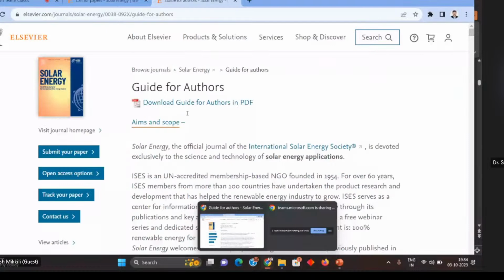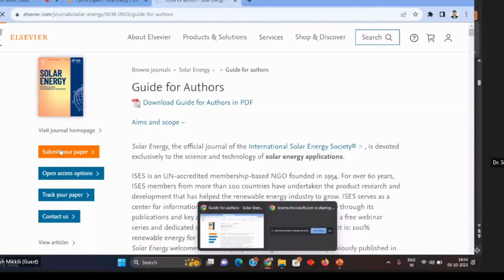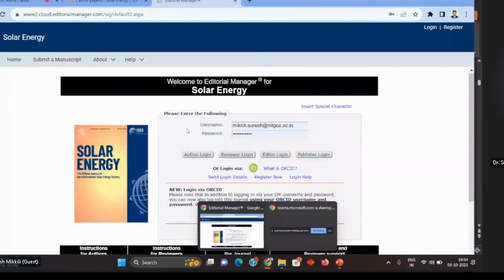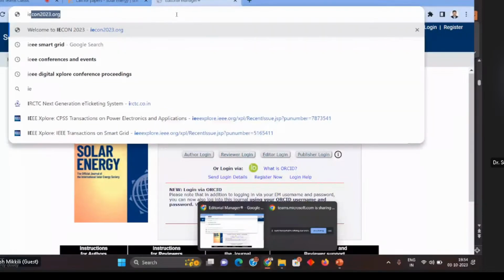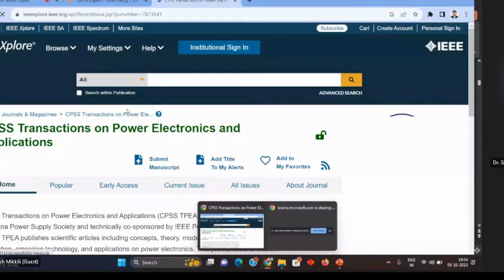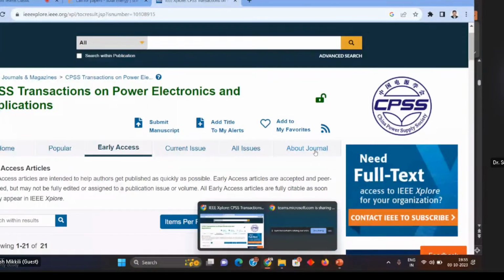After that you can click on submit your paper. If you submit a paper, then automatically it will come here. Username and password will come. Other login is possible, reviewer login is possible, editor login is possible. Suppose IEEE Transactions on Power Electronics, I am opening. Here also popular papers, early access, about journal will be there. Suppose if you want to go for submission,